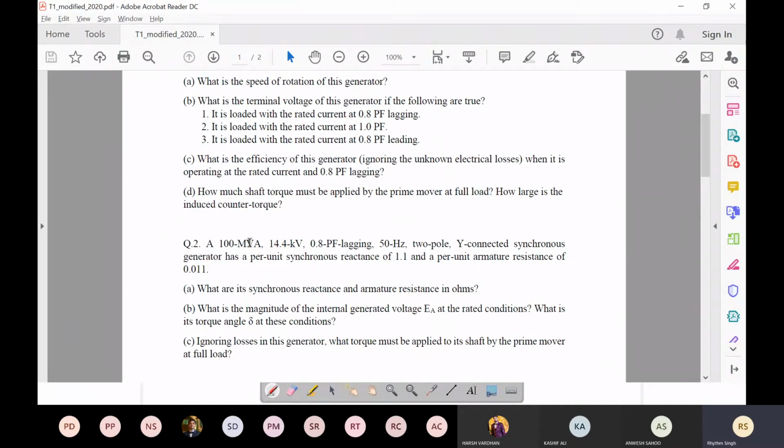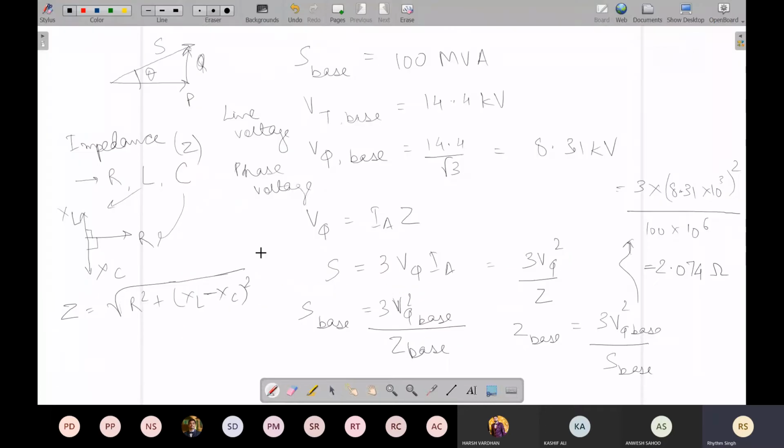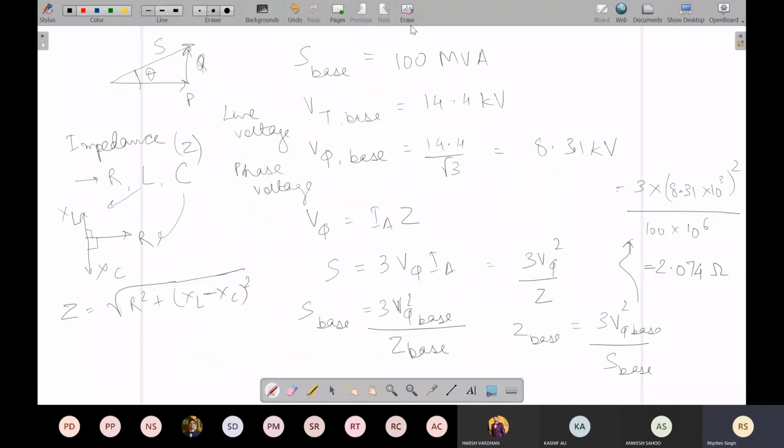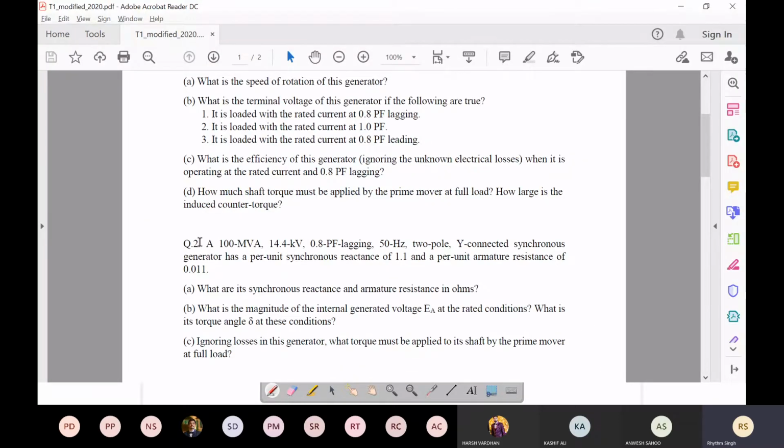So 100 MVA, because that is the rated power output, we defined as the base power. Now if sometime the machine is delivering 90 MVA, then we will say that it is operating at 0.9 pu power output. If at other times it is delivering 110 MVA, then we'll say that it is operating at 1.1 pu power output. In the same way, defining the per unit system depends upon what base quantities you take. Base quantities are always taken as the ratings given on the machine.